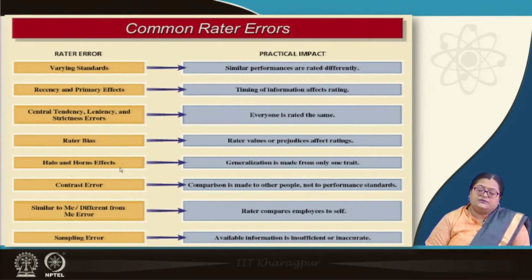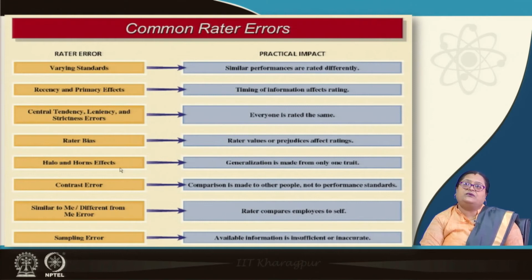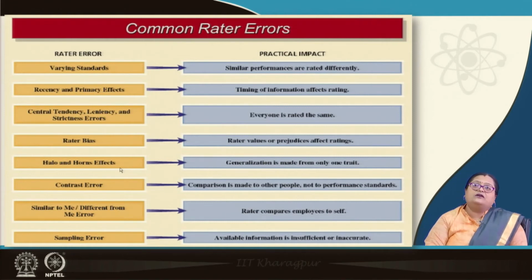Rater's bias is where the rater's own value systems and prejudices affect ratings. Then there is the halo and horn effect. If you're good in one aspect, the rater may generalize that you're good in all aspects, or if you're bad in one aspect, the generalization is made that you're really bad in all the aspects, which is not correct. Based on one trait, whether you're good or bad in it, a generalization is made about you as a person or as a performer,